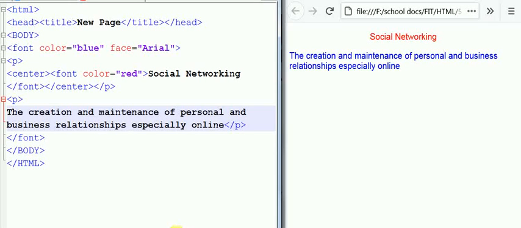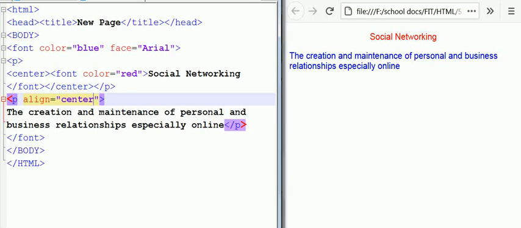Now since there are two paragraphs and the second paragraph has this text within it, let me give an alignment. So I will use the align attribute. Align can be left, right, or center. So I am giving center here.